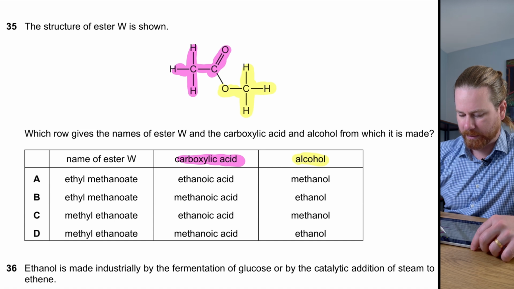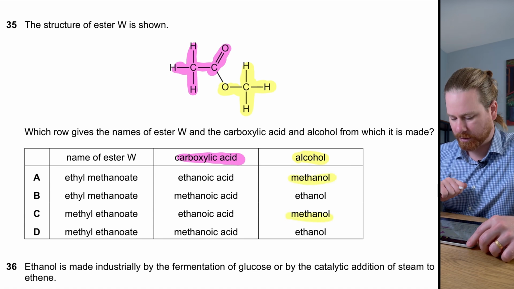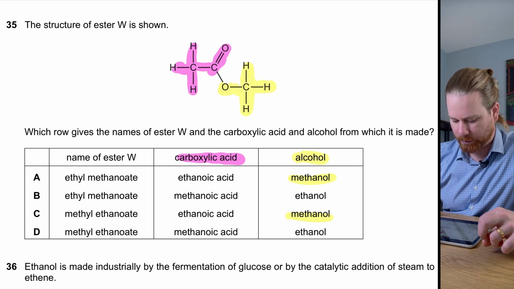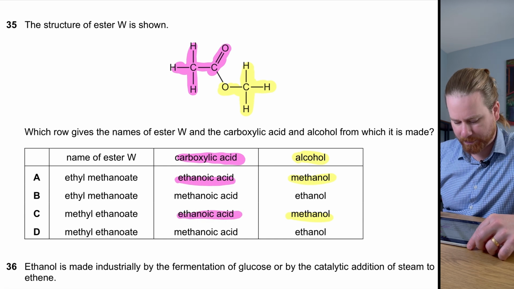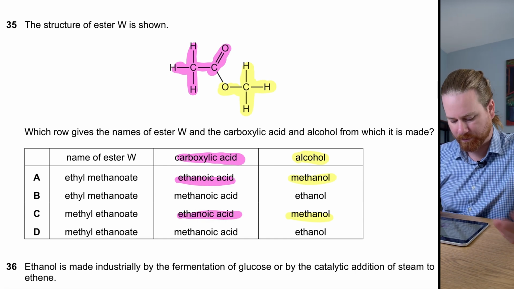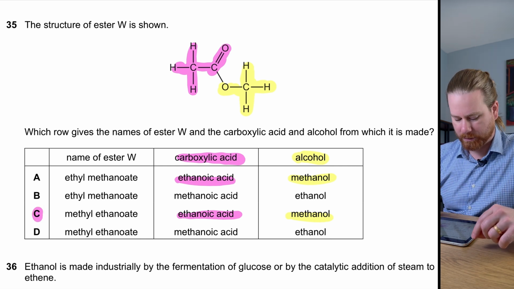And what do we have? The alcohol has to be methanol because it's got 1 carbon. The carboxylic acid has 2. So there we go, those are both the same. And now remembering our naming, it's always the alcohol part first. So it is methyl ethanoate. All right,